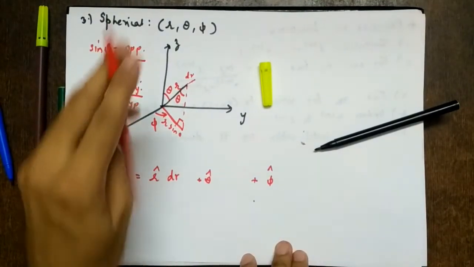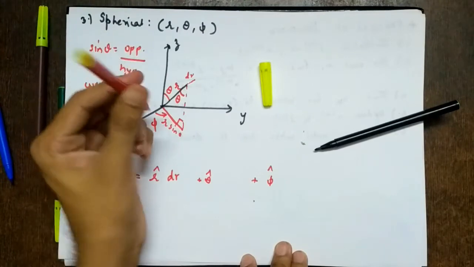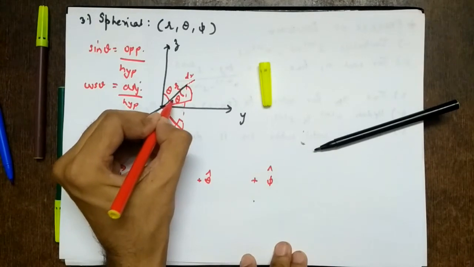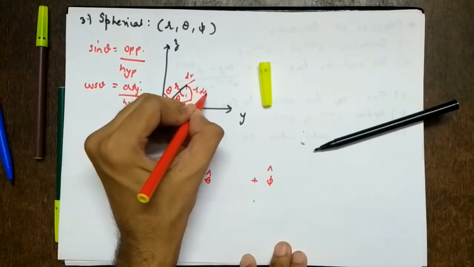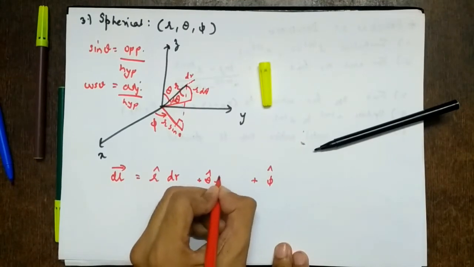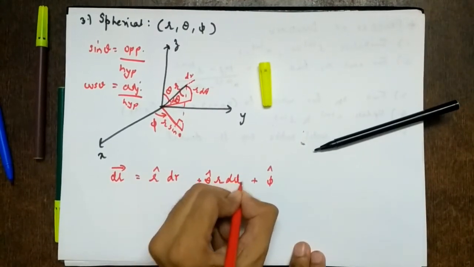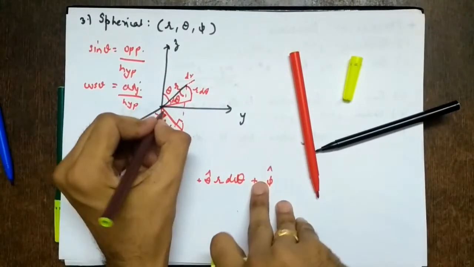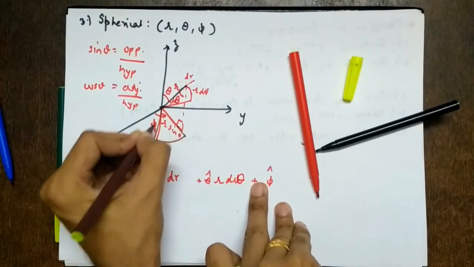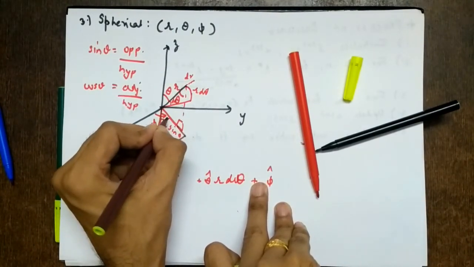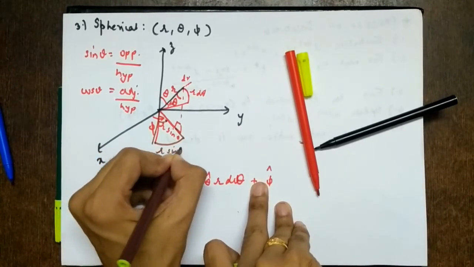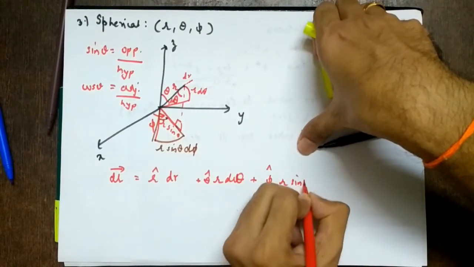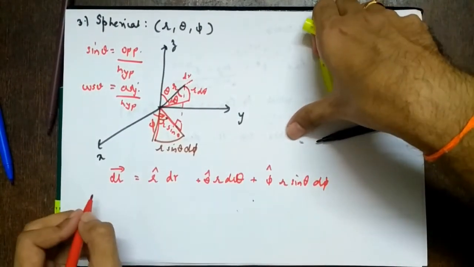Then theta cap. What is changing in theta cap? If I take a small distance, if I go like this, it will make a cone. So this will be d theta. So this will become the length of arc, r d theta. Like rho d phi, we are getting r d theta. This is theta. So what is changing for this? Again, I'll make a cone. Let's use a different pen. So this is changing, r sine theta into a small change. This is d phi. So r sine theta d phi is the variation in phi cap, right?